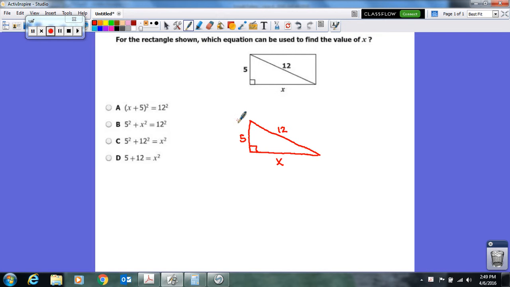So if you think back to your geometry knowledge, how do you find a missing side of a right triangle when you're given the lengths of the other two sides? Something should come to mind, something reminding us of pi, known as the Pythagorean theorem. And the Pythagorean theorem says, if I have a triangle, specifically a right triangle,